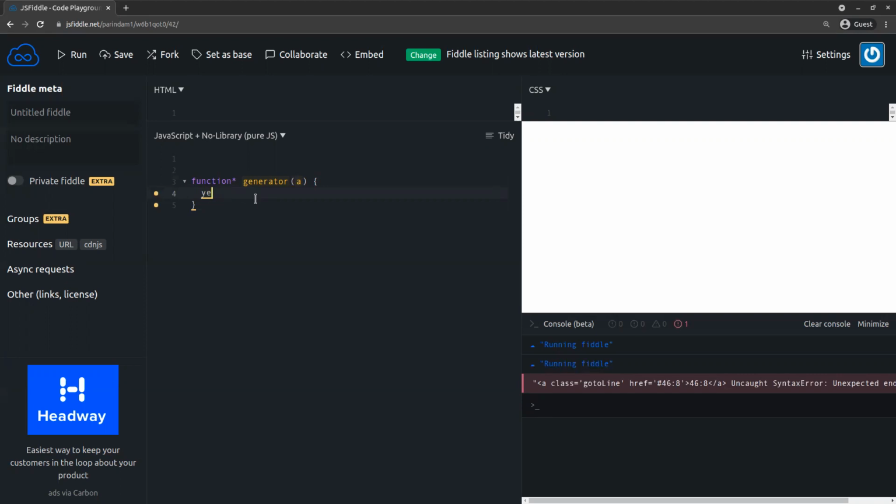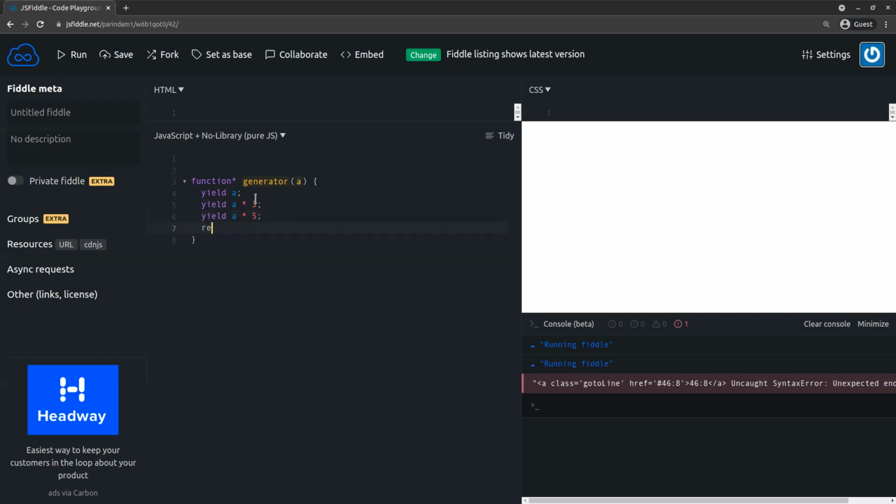This yield actually returns the output, so the function returns yield a. Then again I'm returning yield a multiplied by 3, and again yield a multiplied by 5.